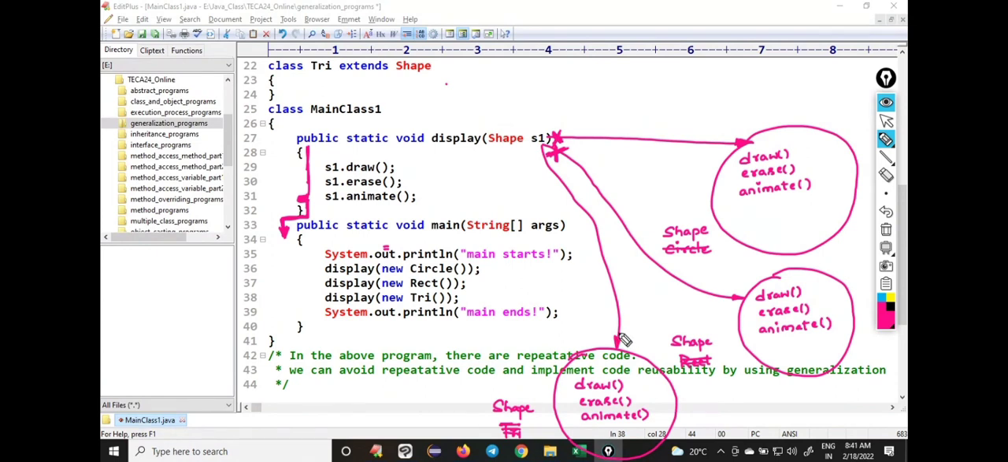Sit in a variable, reuse the code. I'm not repeating the code, rather reusing the code. Enter, enter, enter. S1 dot draw. Continue. S1 dot erase. Continue. S1 dot animate. Exit the method. S1 becomes empty. And Java says